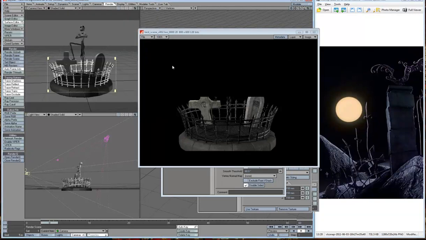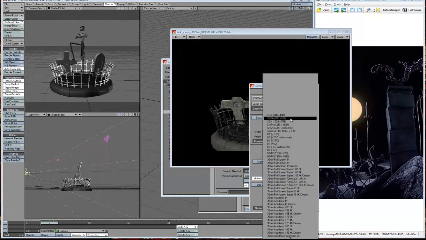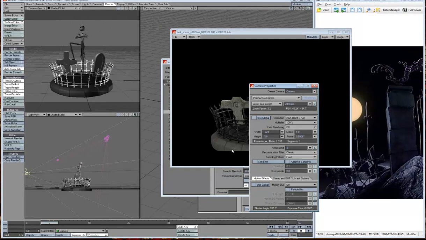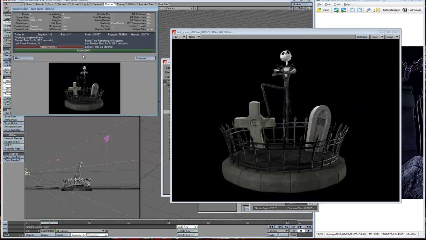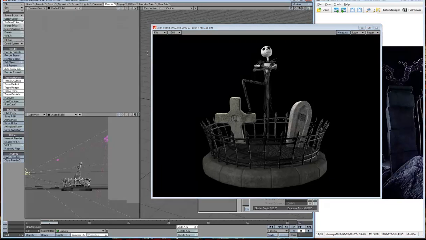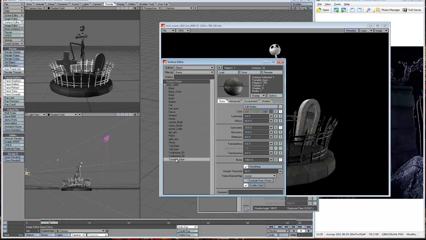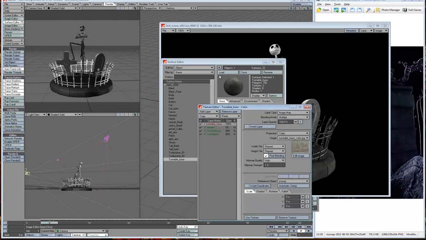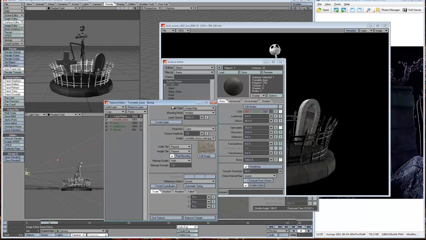And yeah, I'm pretty happy with the result I'm getting here. I wanted to increase the render size and render one render of the whole picture to see what we're getting in contrast with the whole image. And yeah, pretty happy with that. Just wanted to tweak a little bit